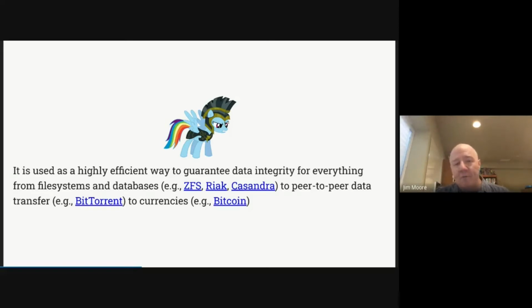Everything is based off of these hashes, because it does not matter where that hash is generated. It's pure math. And so if you're generating it on an Amiga, or you're generating it on some Raspberry Pi supercomputer, it does not matter. You are always going to get the same value out of that math function. So that's why it is used everywhere for distributed computing.